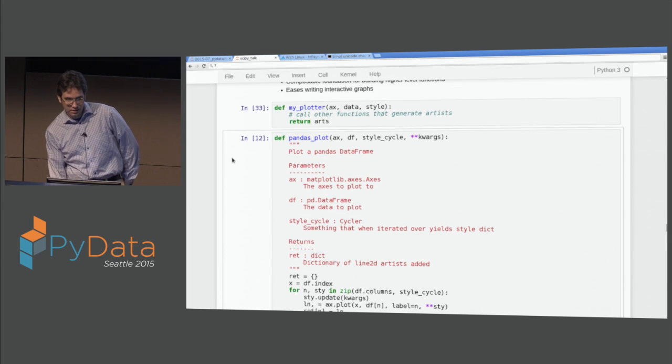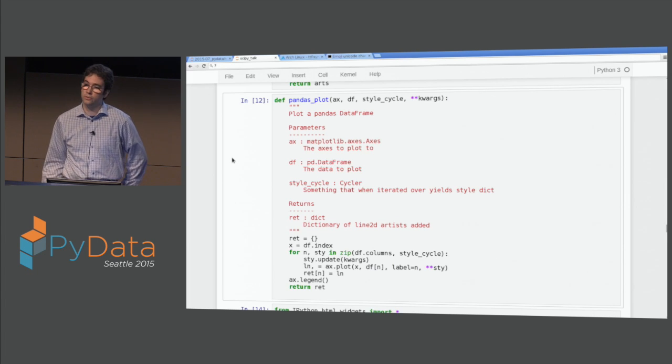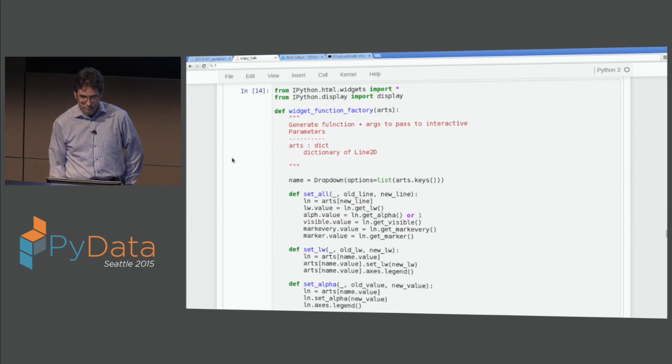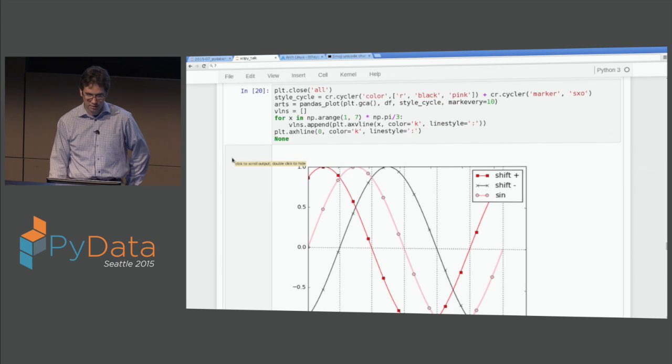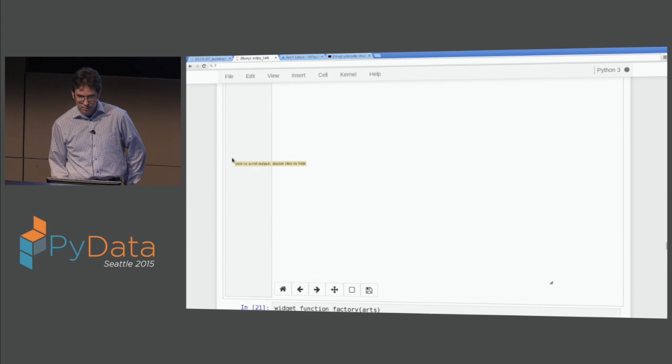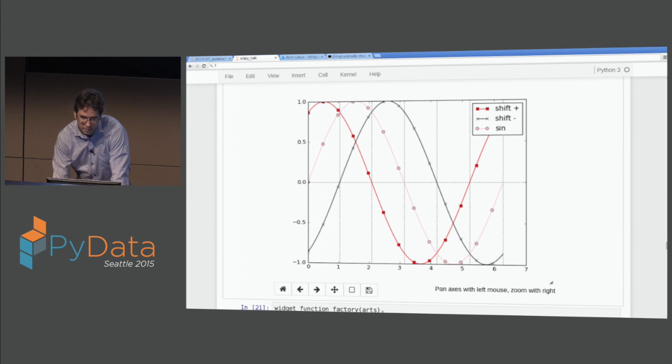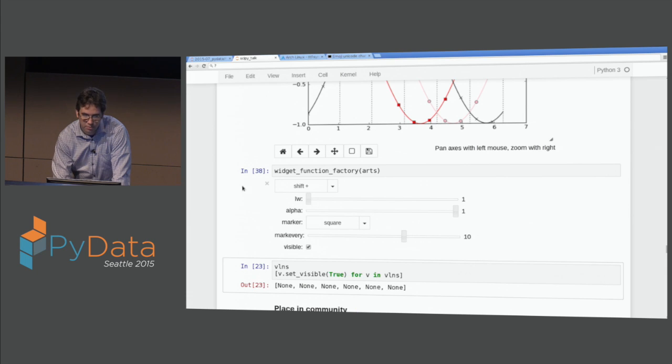An example of this is a little plotting function that just goes through a data frame, looks at the columns, uses the information in the data frame to label them correctly, and plot them against the index, and then return them back to you in a dictionary labeled by the column names. This is a bunch of ugly code for building widgets that will be easier in the future. Right, so I have here I just build a data frame which has sine and cosine, has sine shifted forward and back, and then if I do this, I get this figure, and then if I build myself the widgets,